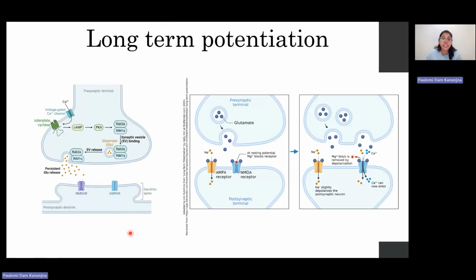And the more they interact with each other, the more strong their relationship becomes. So basically what happens here is, if I just have named these receptors, you have very high frequency of stimulation. They are stimulated again and again and again, and as in general action potential, the more frequency of stimulation, more calcium influx via these NMDA receptors, and this will activate these kinases, and this will result in the insertion of AMPA receptors, and that will make a postsynaptic response